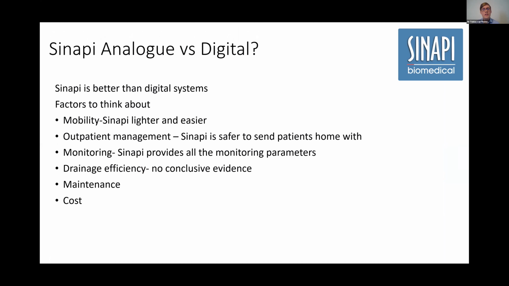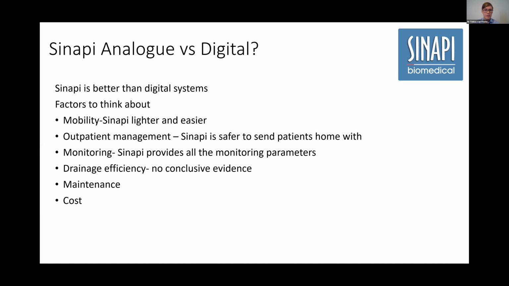Drainage efficiency. There's no conclusive evidence that a digital system is more effective than a conventional water seal system. Some clinical studies show a little more effective, and other clinical studies show no real difference in drainage efficiency. But also that's with conventional water seal systems. There's no study that has been done where it's a mechanical flutter valve like the Scheffler valve in the Sinapi chest